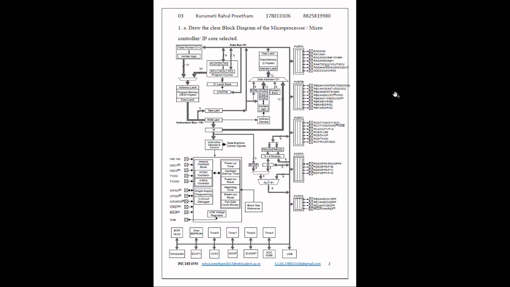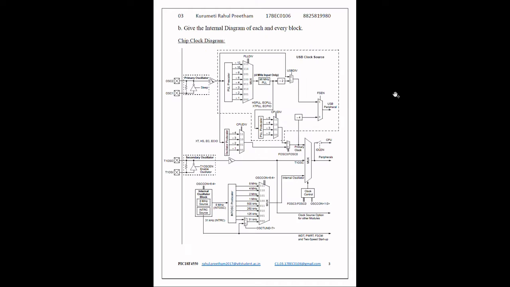Question number 1. Here you can see the block diagram of the microcontroller. These diagrams can be drawn in draw.io or made with a flowchart editor. The ports on the right hand side are where we give our inputs to the microcontroller. As you can see, there are 5 ports on this microcontroller. Now let's go to the different timers in the microcontroller.